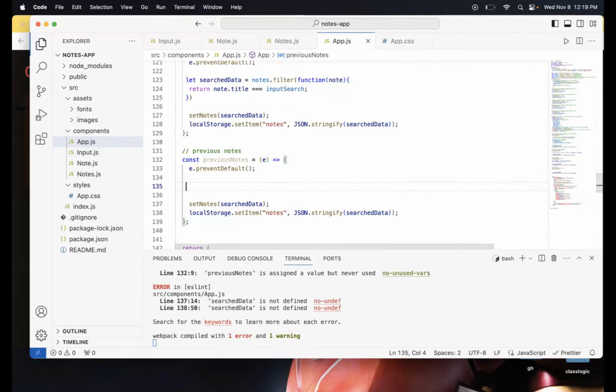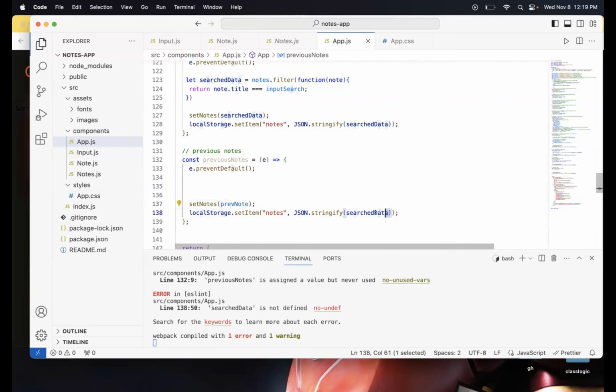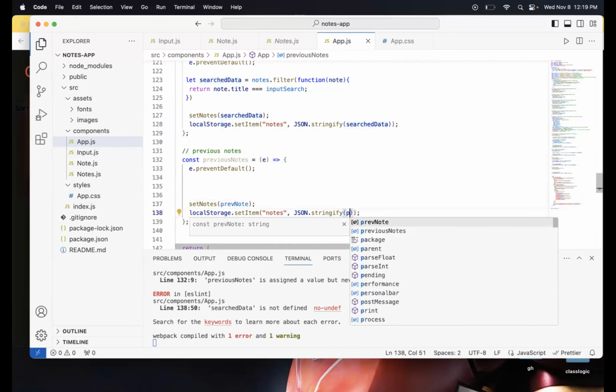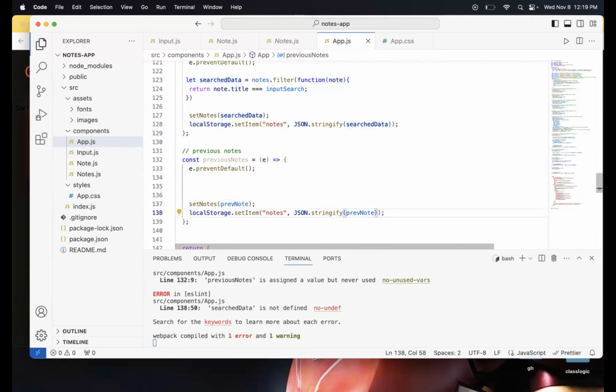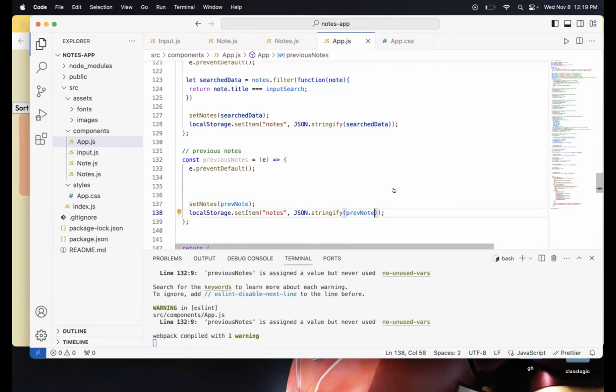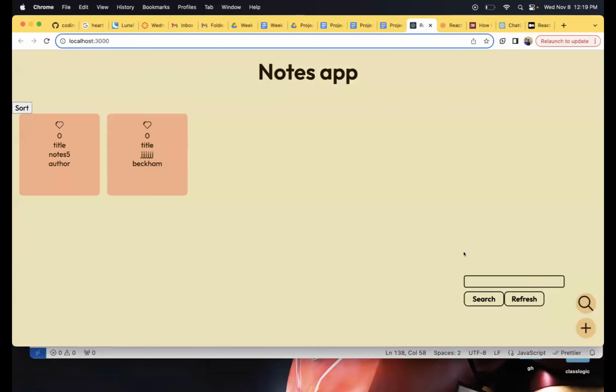Okay, so for this, there's nothing much to do honestly over here. I'm just gonna set the notes to that variable, previous notes, and do the same over here. All right, so let's see.